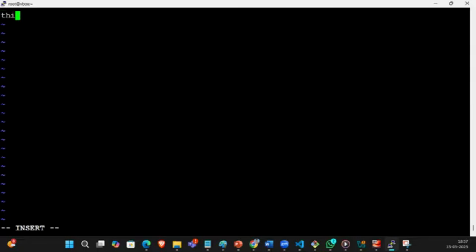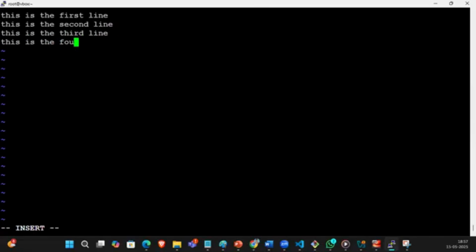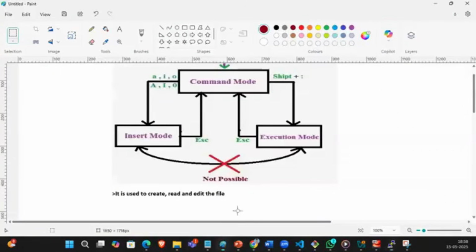This is the first line. This is the second line. This is the third line. This is the fourth line. This is the fifth line. Okay, now you are in the insert mode. You want to save the file. From insert mode to execution mode directly is not possible. You go from insert mode to command mode by pressing the escape button on the keyboard